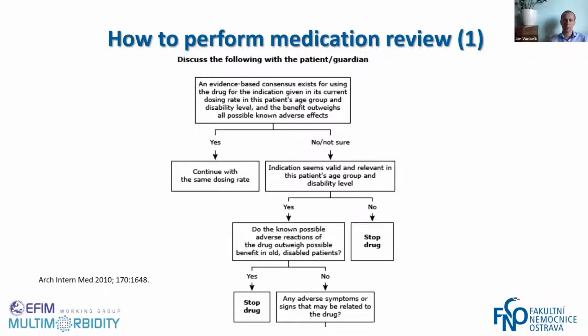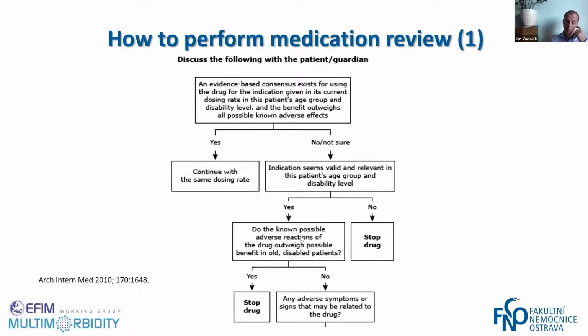So, how to perform a medication review? We have to talk to the patient or maybe to the guardian. Is there some evidence for using the drug in the indication given, in its current dose, in the patient's age group and disability level? If there is evidence, okay, we continue. If not, we ask further. Is the indication valid and relevant for the patient's age group and disability level? If no, we stop the drug. If yes, we also